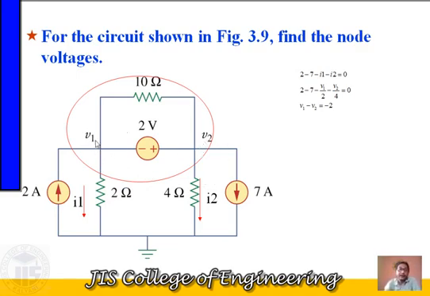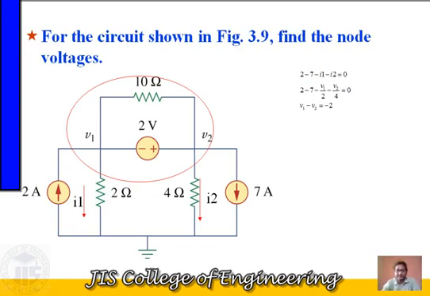Suppose they are asking you to find out the current through this 10 ohm resistance. So what will you write? The question is, what is the current through this 10 ohm resistance from left to right side? If we consider the current from left to right side, that current is originated from V1 and going to V2 point. So we can write this current is equal to V1 minus V2 divided by 10. So if you have these values of V1 and V2, you can find out any current at any position of that circuit. Okay. Now let's go for another example, which is a little bit complicated.